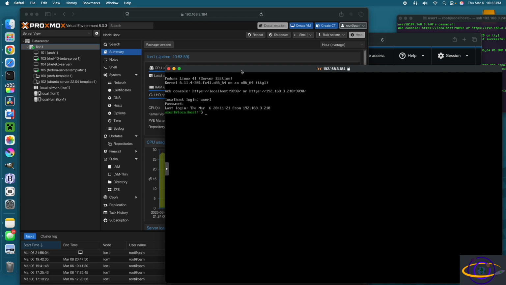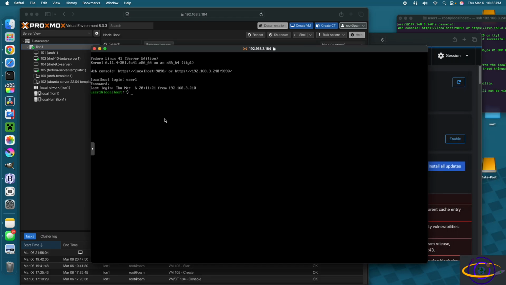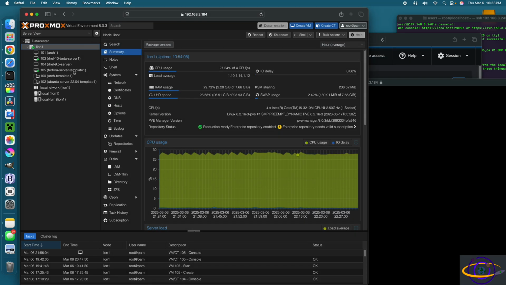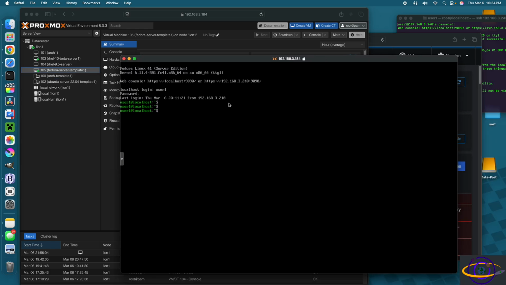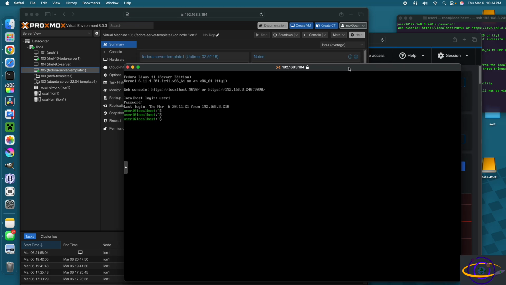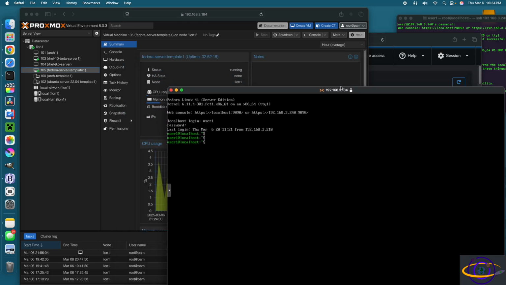So I've got a Fedora instance right here. I'm logged into the terminal right here. I just installed it. So I've got the VM over here, and this is the VM that I created. I'm going to turn this into a template in a little bit. But yeah, I logged in on the console here, and right off the bat, I have a web GUI